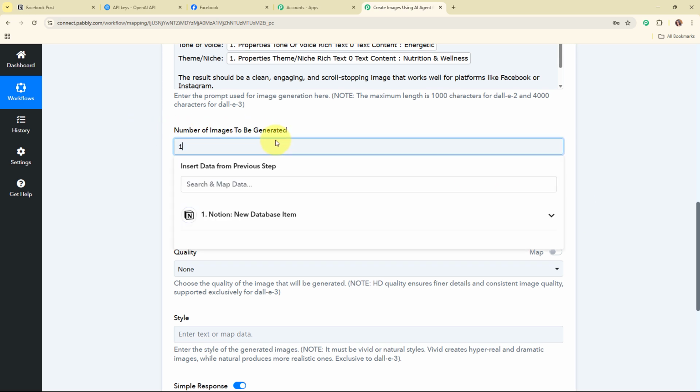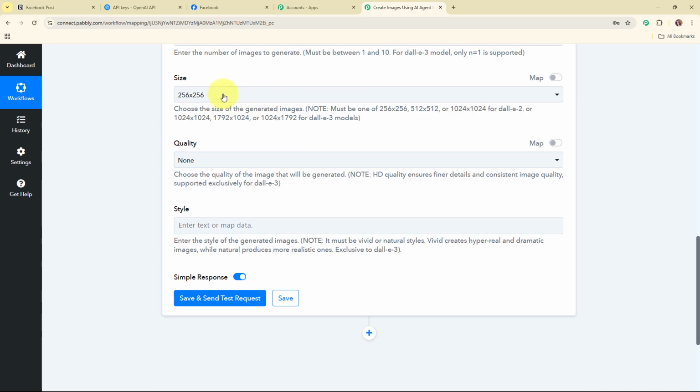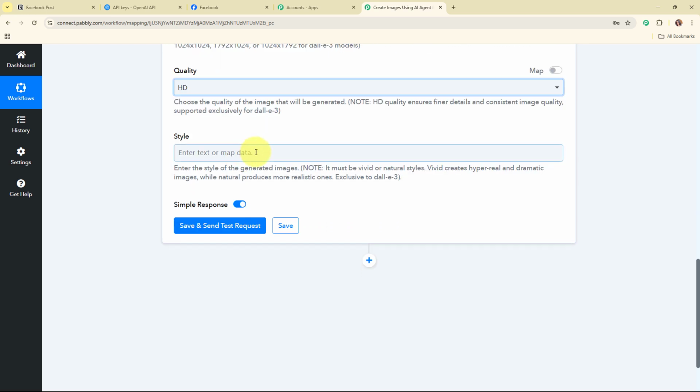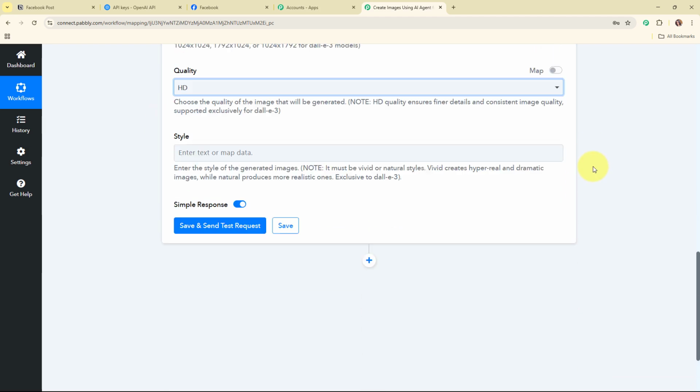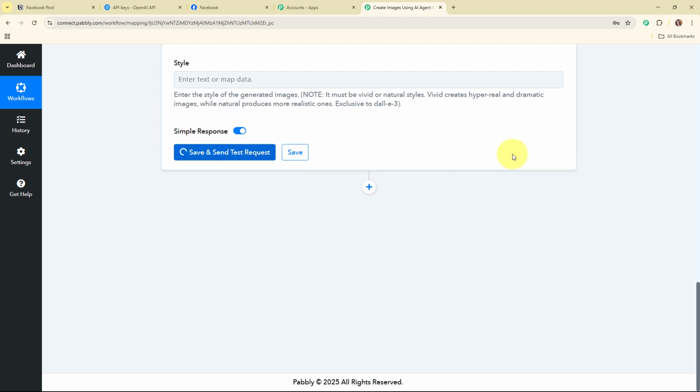and then it is asking me the number of images to be generated. So I'm going to enter 1, and then it is asking me to select the size. So I'm going to select the size as 1024x1024. And here for the quality, I'm going to select HD. And here for the style, I'm not going to enter any of these styles. I'm going to leave it blank. And now after entering all the required details, I'm going to click on the save and send test request